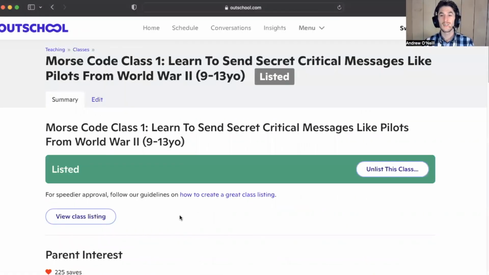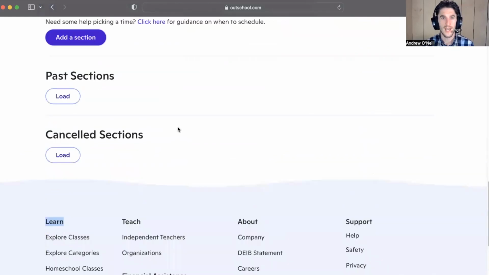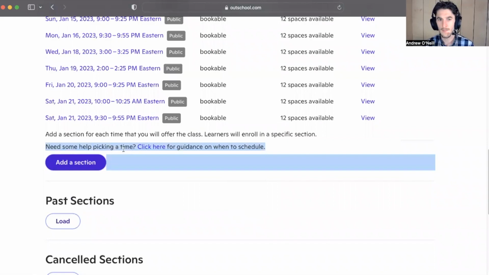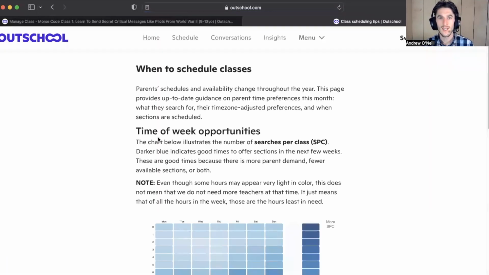And the final thing that I'm going to look at is, under all of your class listings, when you go to look at each class that you have listed, you will see an option towards the bottom that says, need help picking some time? Click here for guidance on when to schedule. So you click there, and then Outschool gives you a breakdown of